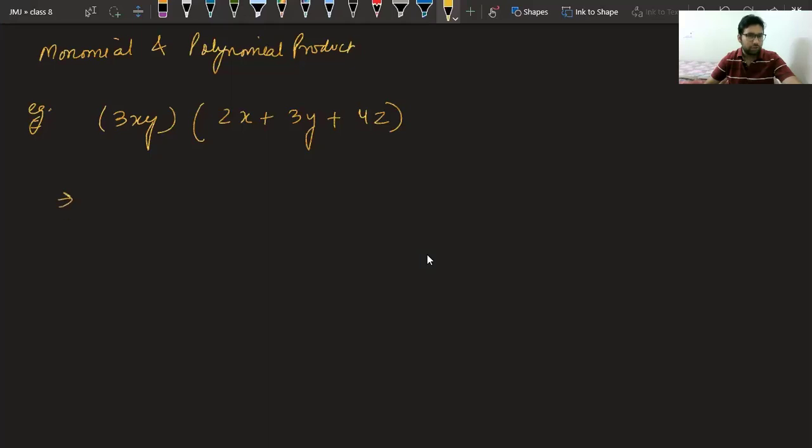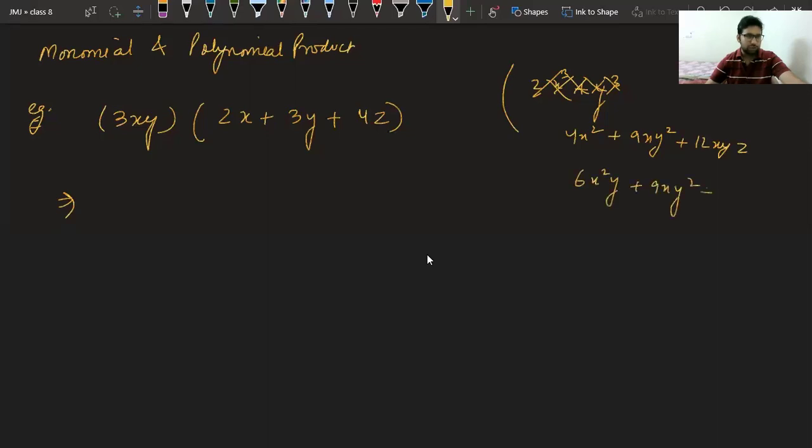Okay, an answer came from Smridhi, 2x cube plus y cube, of the previous one. Okay, of the previous one. We will check it tomorrow. I gave you the solution. Try that one. Give me the answer of this one, beta, fast. This one from Krishna came 4x square plus 9xy square plus 12xyz. From Vardhan also it came 6x square y, 9xy square plus 12xyz.